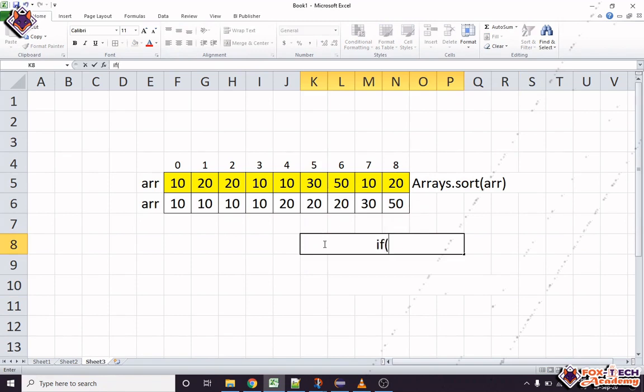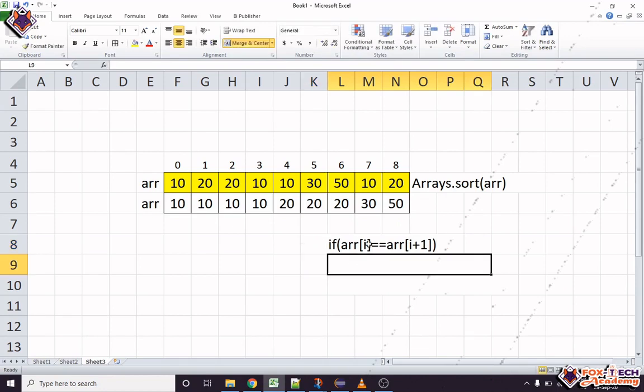We will check if array[i] equals array[i+1]. In this case we are just checking these two elements of the array.